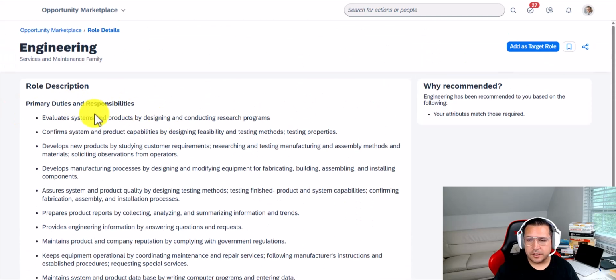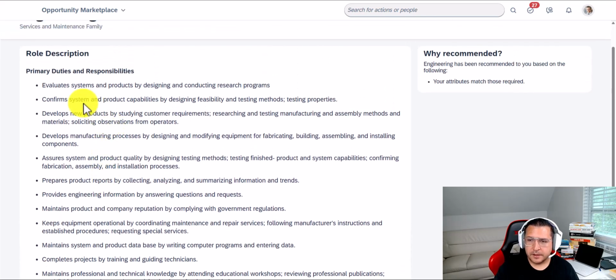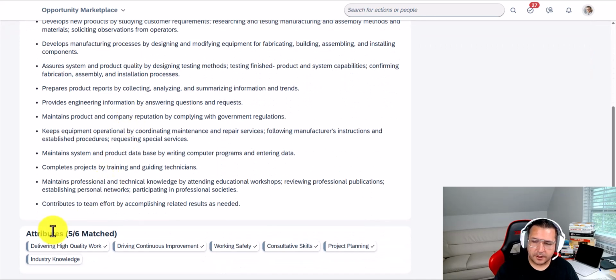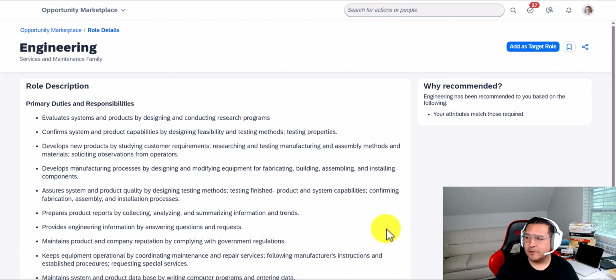So you get to see the descriptions of the role, any attributes associated with it, and in this case, a matching capability. So it tells you that these skills match what you have, therefore you should consider it. And then from here, if I were to add it as a target role, it will take me to the